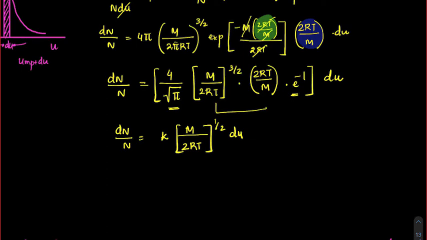What important learning we are getting from here is that the fraction of particles for any particular type of speed is proportional to under root of m by t. Which suggests that if the temperature for a particular gas increases, the most probable speed peak will decrease, which means the fraction of particles will decrease at the most probable place. This into du, this is what I got. I hope you understood that.